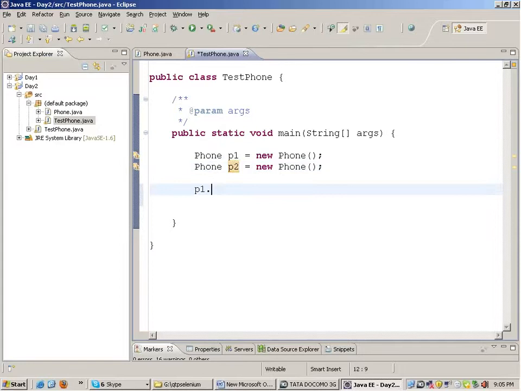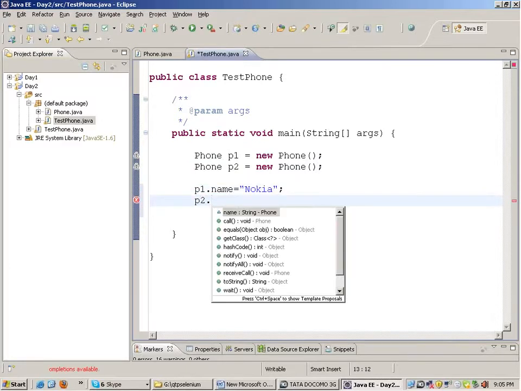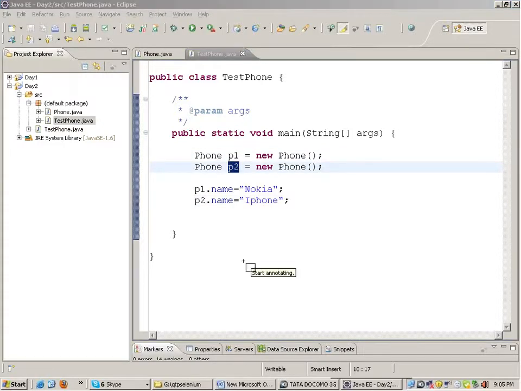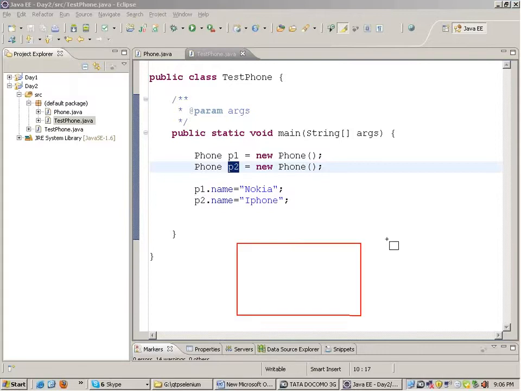So when I write p1 dot name, I can assign the name as say Nokia, and p2 dot name equals to iPhone, right? So these two are different phones with different names. Okay, in the memory what will happen is that two objects will be made.